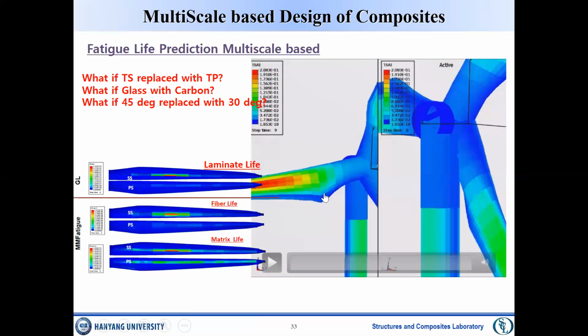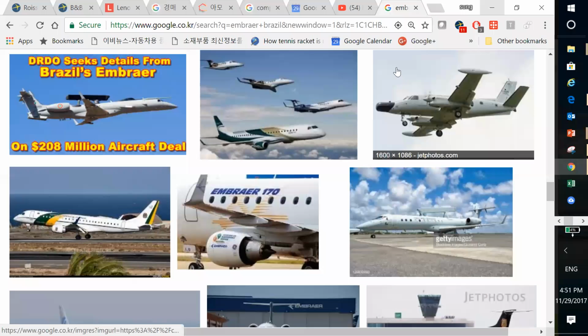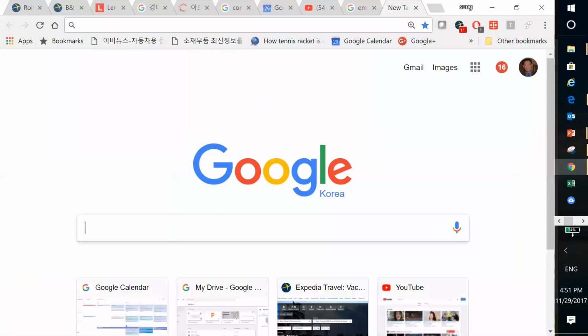So, trying to emphasize the major steps you've been through in the design of the Boeing 787 is exactly the same as the design of other structures. Geometry, material properties, and load you have to consider. And then try to minimize the weight. Okay, try to minimize the weight. That is another practical design process. Speaking of a wind turbine blade,